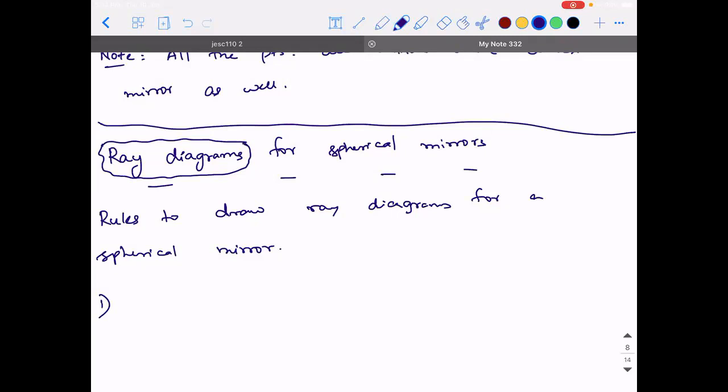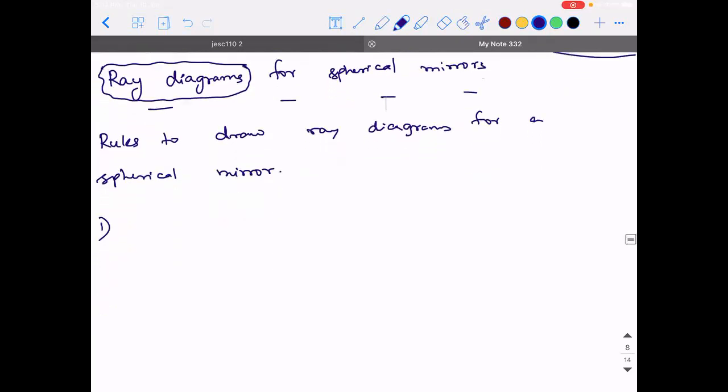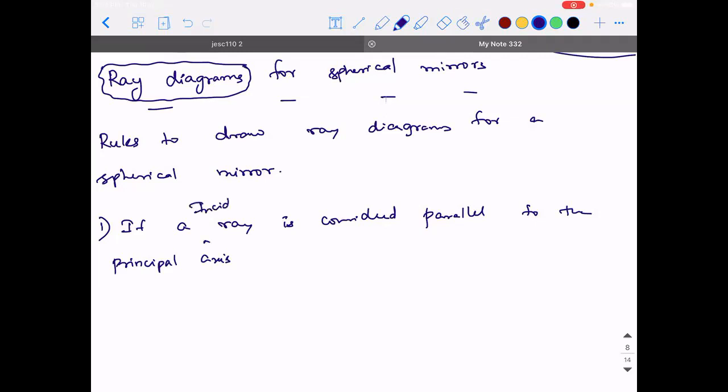So ray diagrams basically help us to understand or locate the position of image, the nature of the image, and other parameters. Okay. So we are going to see what are all the rules to draw the ray diagrams for spherical mirror. Okay. First, let's get started. If a ray is considered parallel to the principal axis,